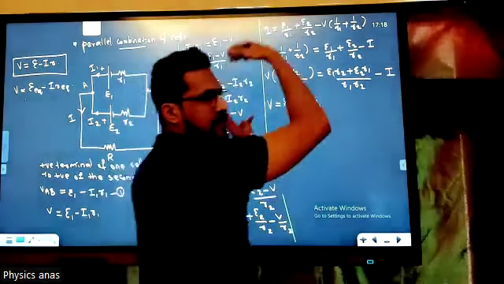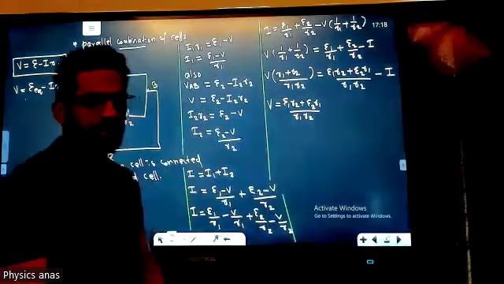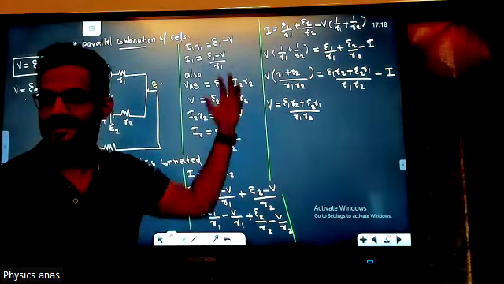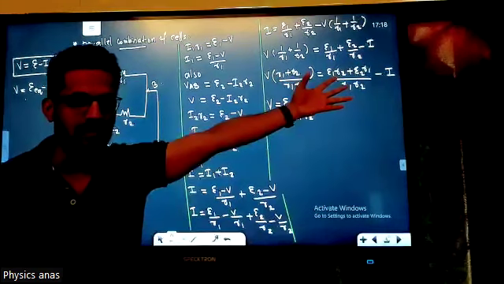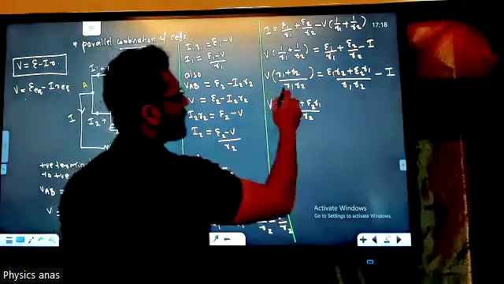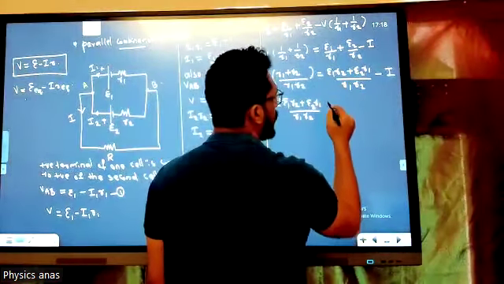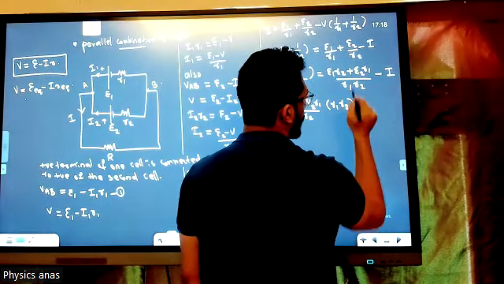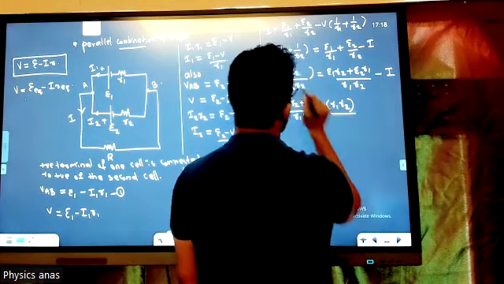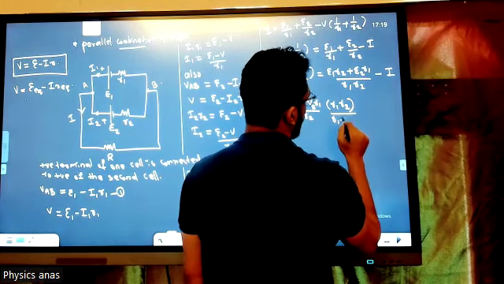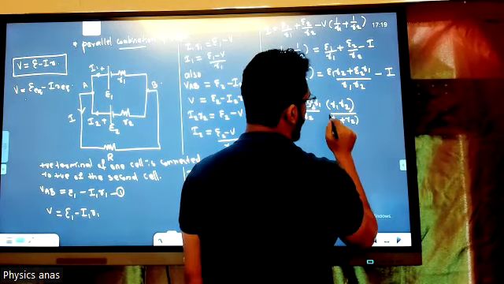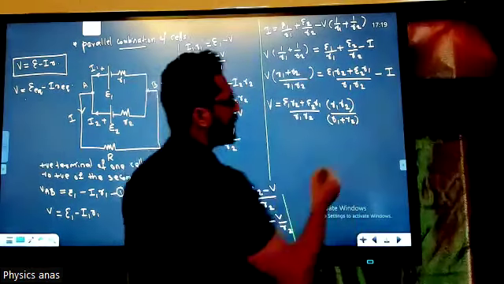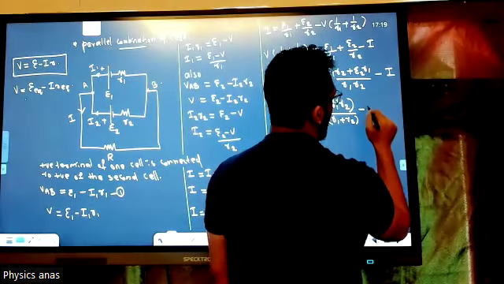If you bring this term to the other side, what will happen to it? The reciprocal will be there on the other side. This R1 R2 will come to the numerator, that means R1 R2 will be on the numerator of this term, divided by R1 plus R2 on the denominator of this term, plus minus I into